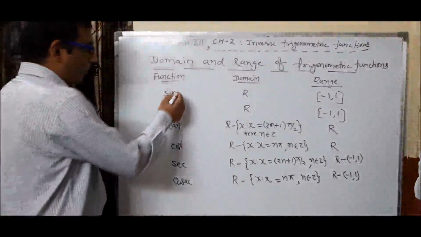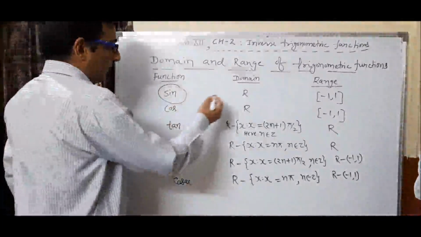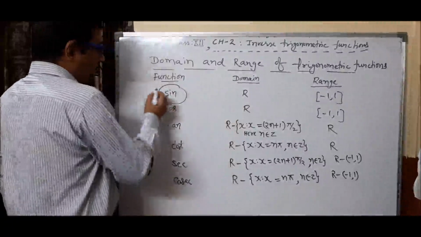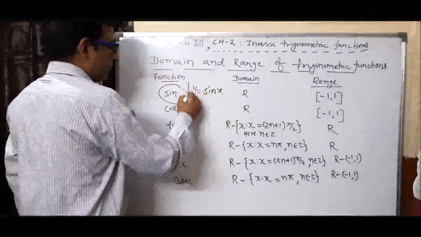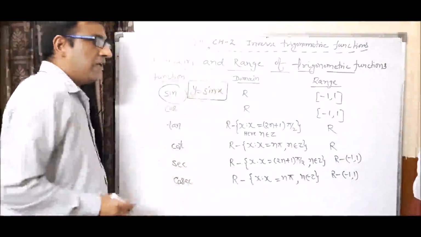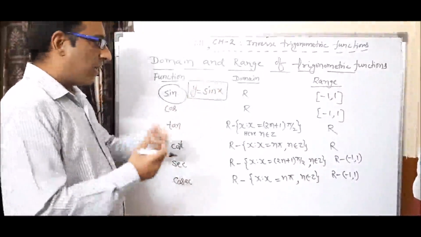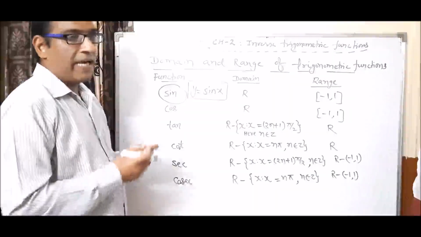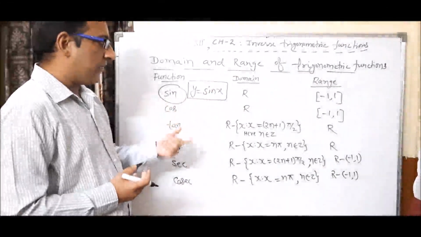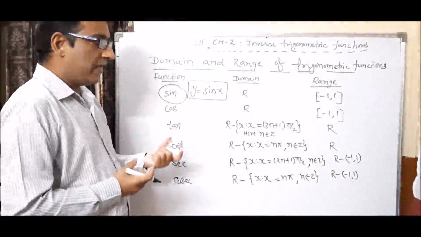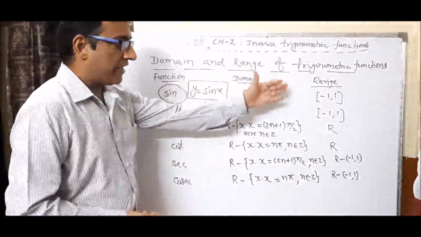And if we want to calculate the range and domain for the sine function, which is R, what we will do, for example, if we are taking y = sin x, we will put different values of x. The value of x is related with the domain, and what we get, that is the value of y, and y is related with the range. So if we put different values of x, we will get different values of y, and we will easily identify what is the domain and what is the range.